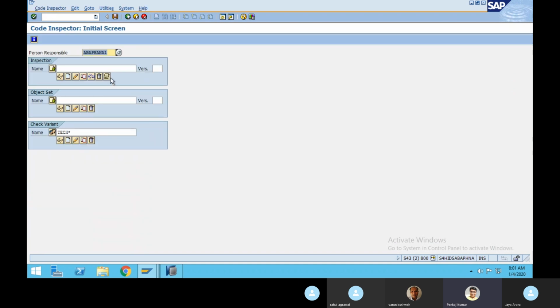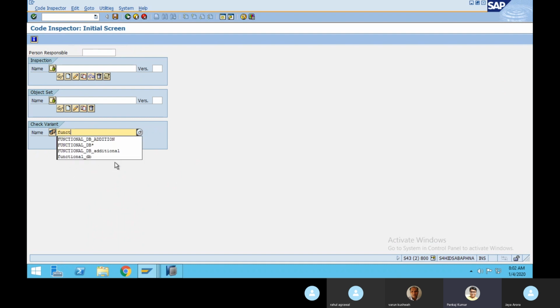Here you can take help of these predefined, already existing tools, and SAP has created a variant. With the help of that variant, you can check your existing code and whether it will be working or not.